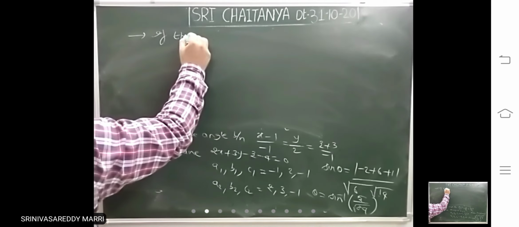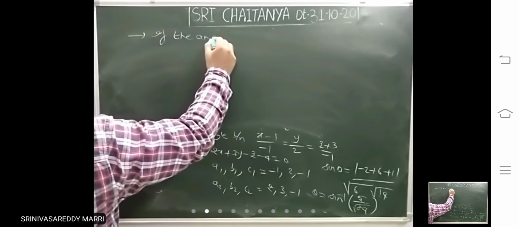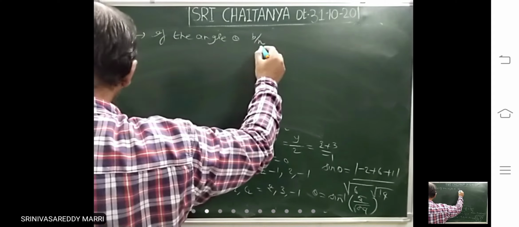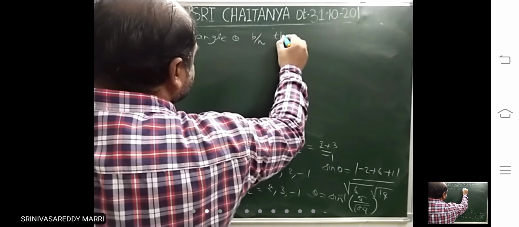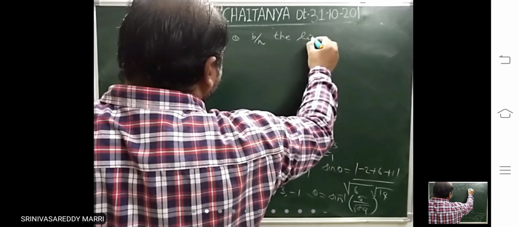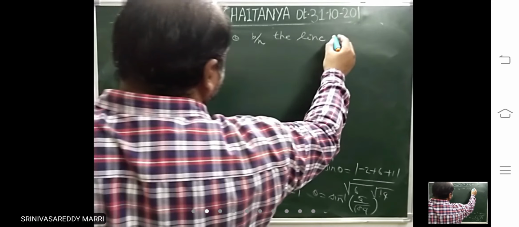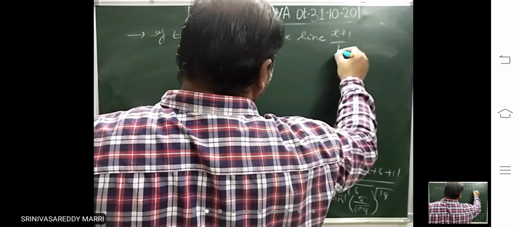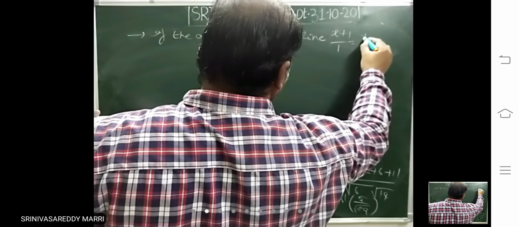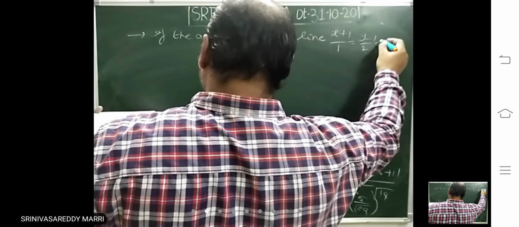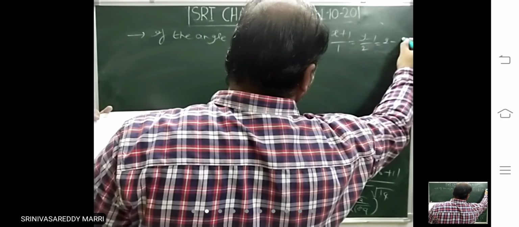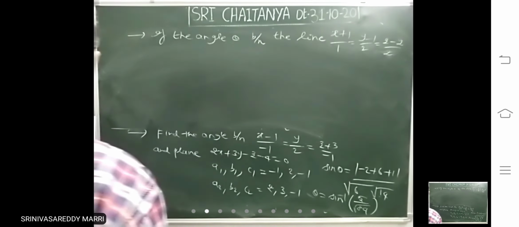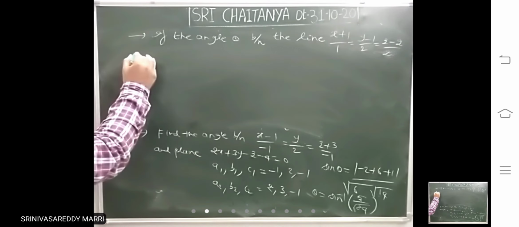If the angle theta between the line x plus 1 by 1 equals y minus 1 by 2 equals z minus 2 by 2, and the plane